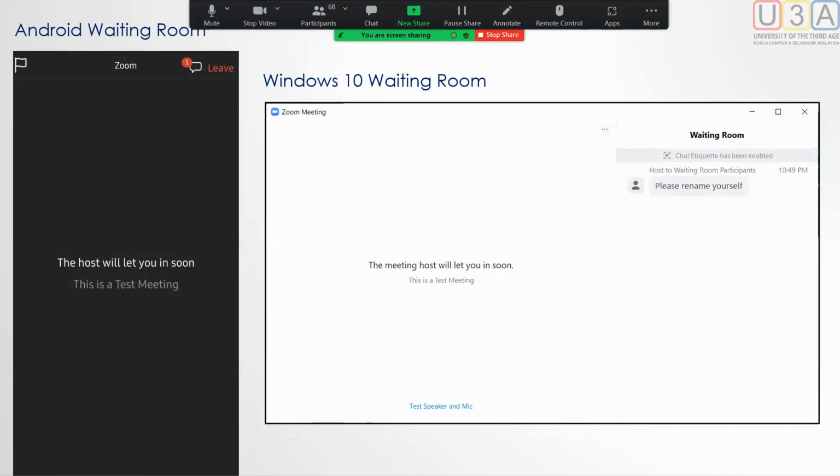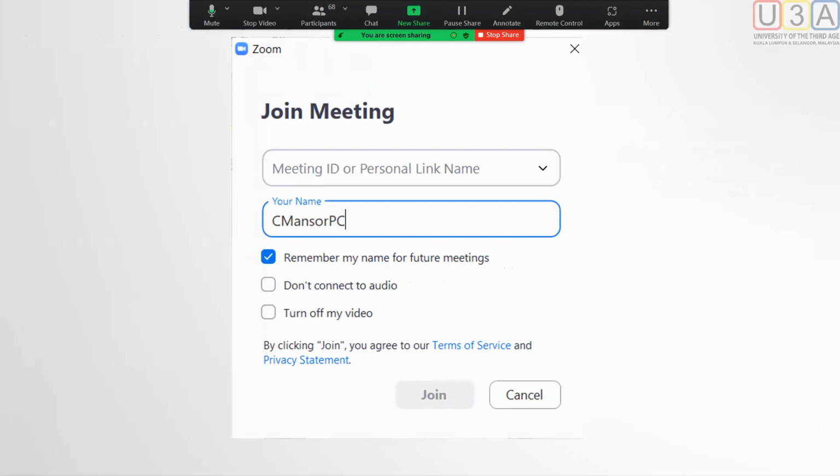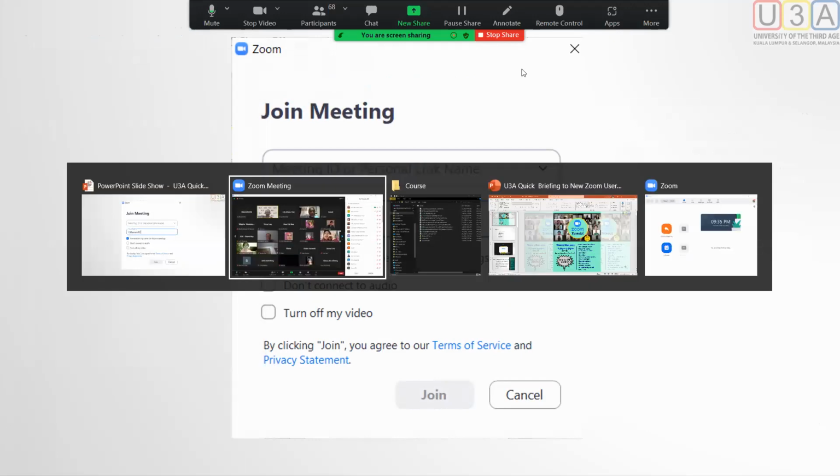Now, in case you want to change your name rather than inform the convener or the host, what you can do is, when you get to the Zoom screen, okay, when you see this Zoom screen,